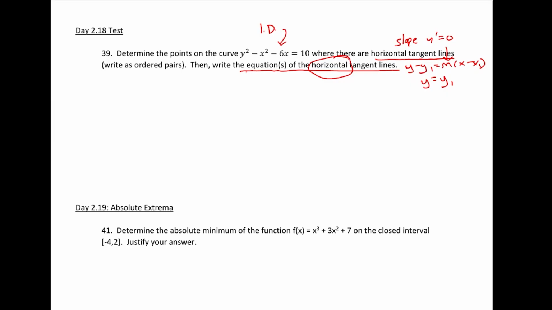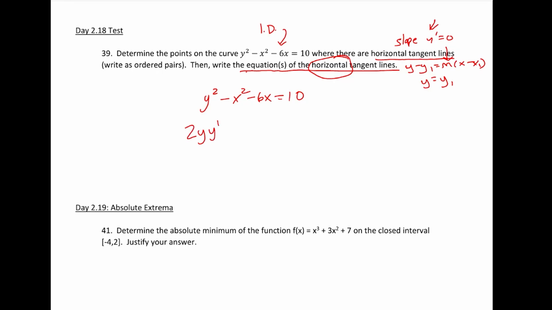So what we need to find is that point. We're going to have to figure out where the slope is equal to 0. To find that slope, we need to find y prime, and to find y prime, we need to use implicit differentiation. So we're going to differentiate both sides of this equation, the left-hand side and the right-hand side. The derivative of the left-hand side is going to be 2y times y prime due to the chain